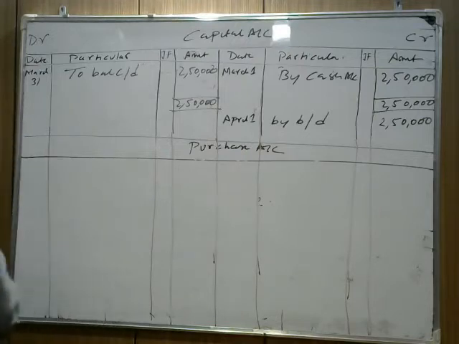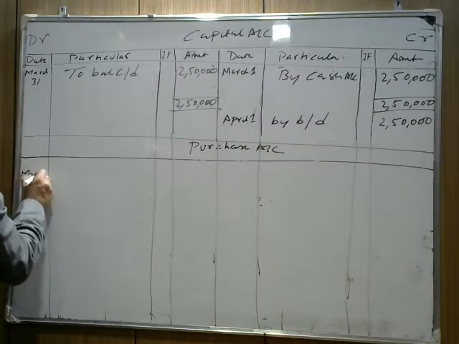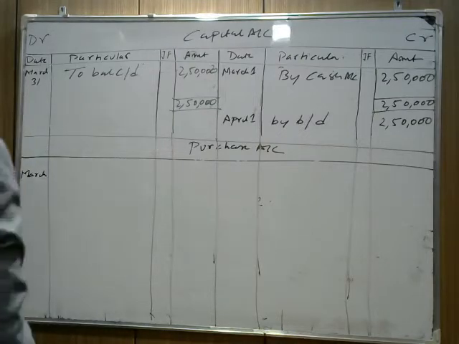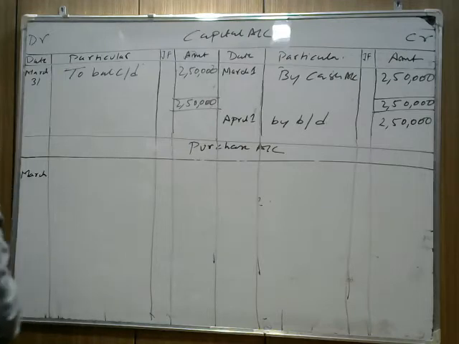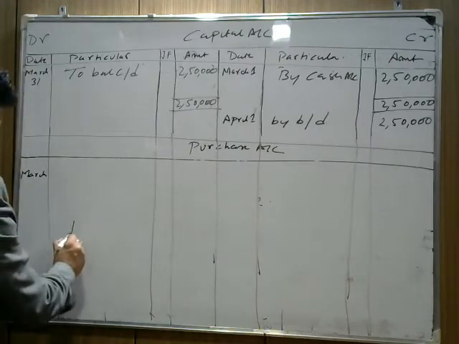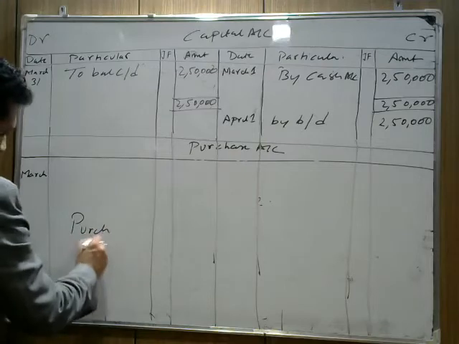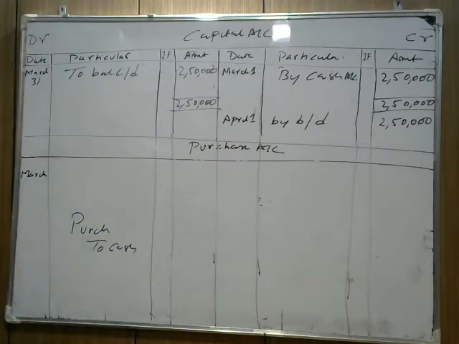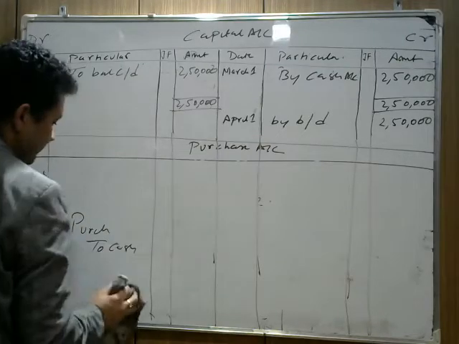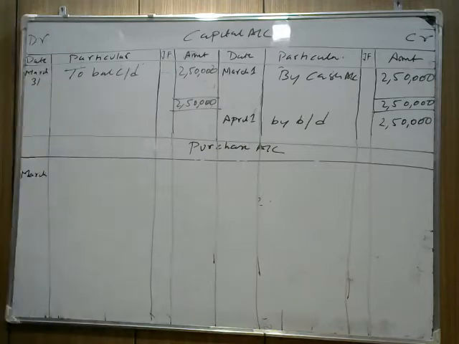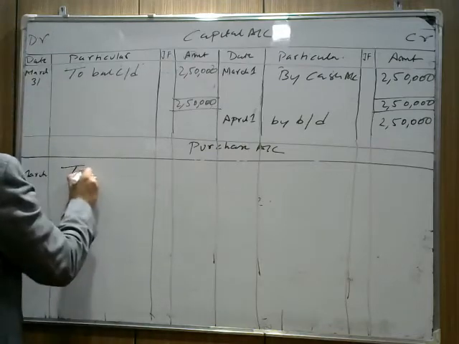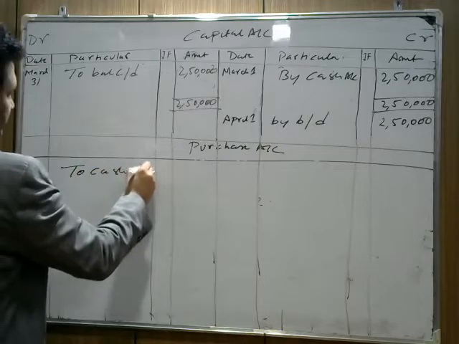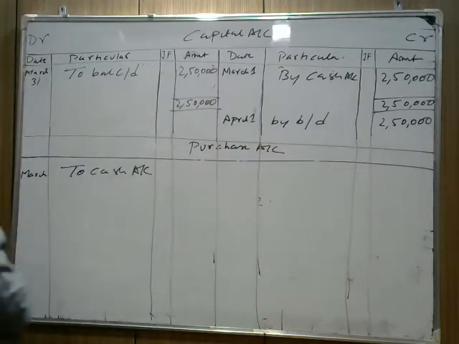Now, simple thing: when you prepare purchase account, you write the date here. The transaction where the purchase word was used, March 1st, says you purchased goods on cash. So whenever you purchase goods on cash, the entry will be purchase account debited to cash account. Whenever purchase increases, it will be debited. So the purchase will come on the debit side. So we write here in purchase book, "to cash account". Purchases are increasing because you are purchasing goods. So to cash account 40,000.